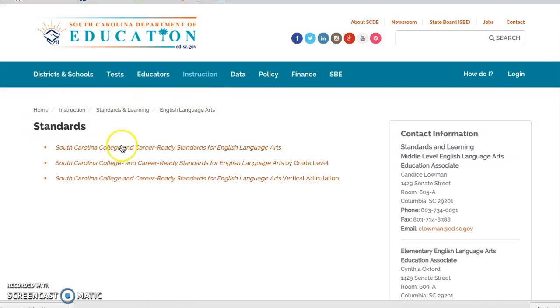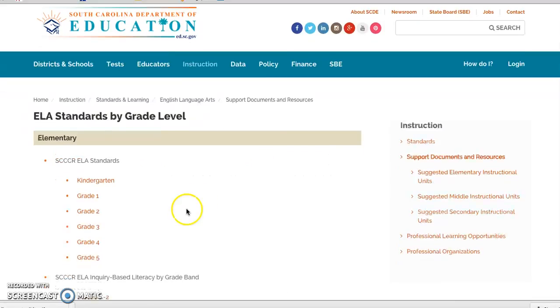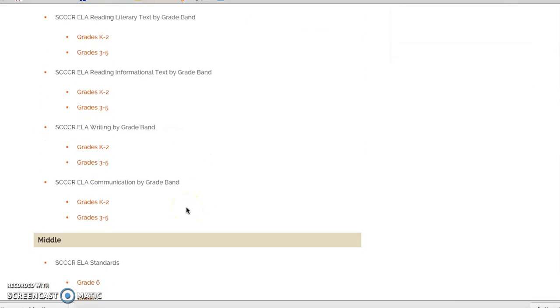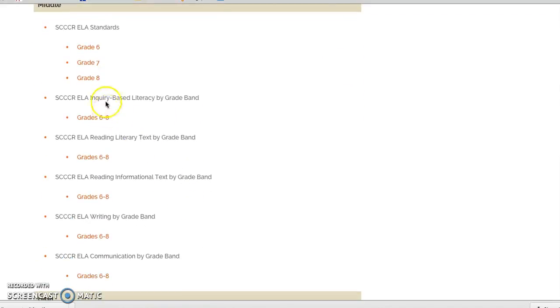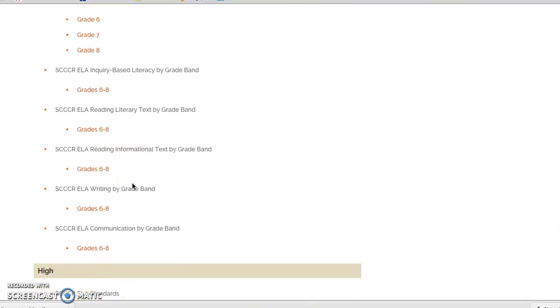You can see the standards broken down here if you want the whole document, or if you would rather have it by grade level. Let's look at grade level here. I'm going to scroll down. There's middle grades. We've got it broken up into inquiry-based literacy, reading, literary text, which is also called fiction text sometimes, and then informational text, writing, and